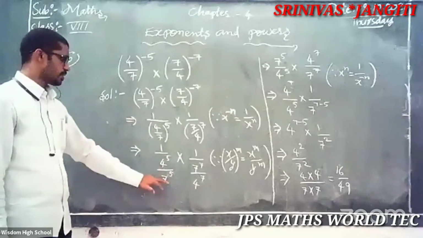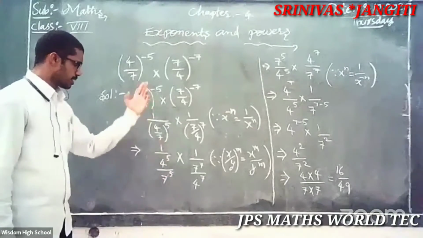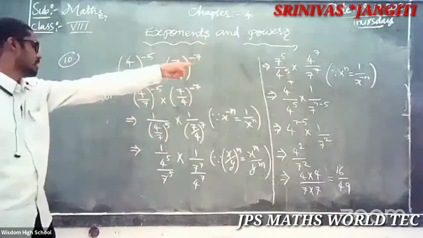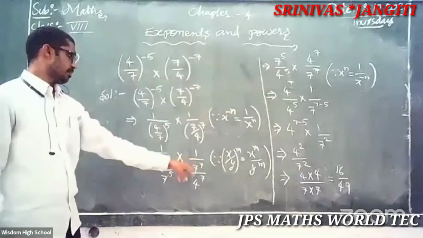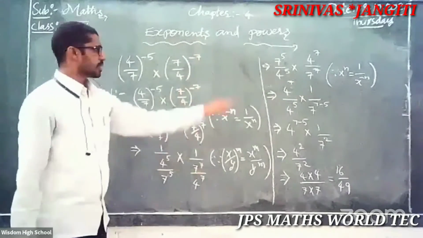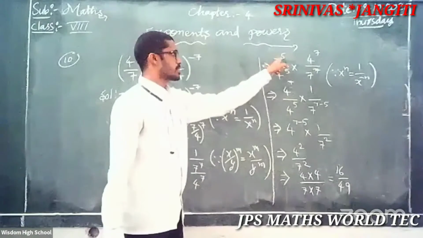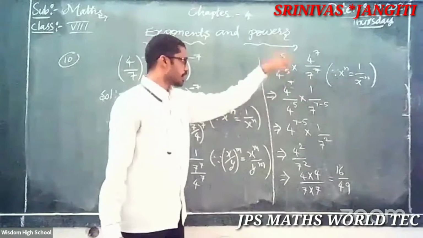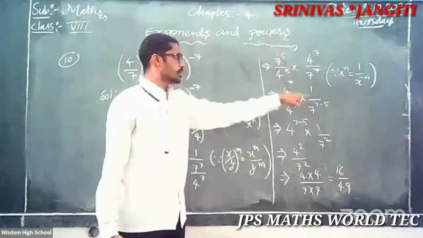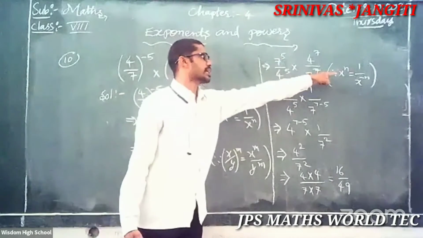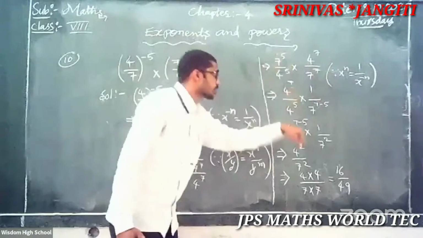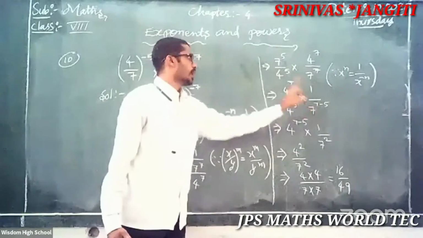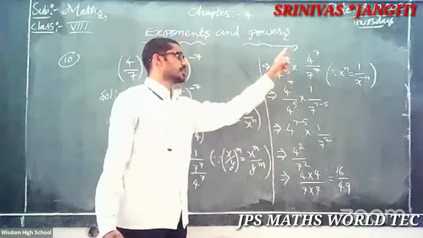Then, if you know, this is the numerator and this is the denominator. That's only 7 to the power of 5 by 4 to the power of 5, into 4 to the power of 7 by 7 to the power of 7. Then after what? Here 7, here also 7. So this one goes down. It looks like x to the power of n is equal to 1 by x to the power of minus n. That's why here minus. As the same, directly this one outside, you take out the minus.